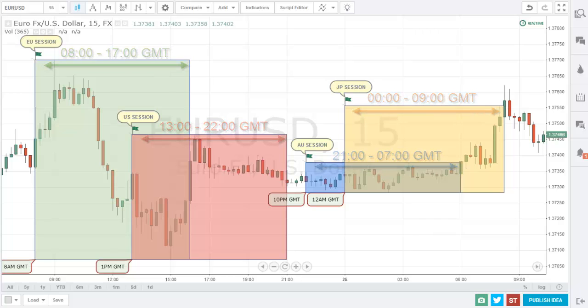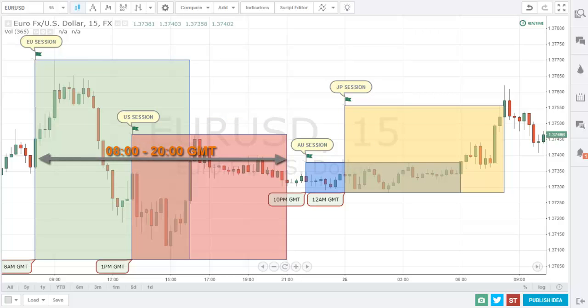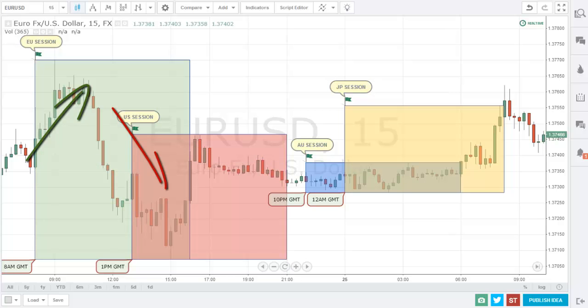To finalize this, the European and the US sessions are the most important ones in the currency market. So you can trade between 8 a.m. and 8 p.m. GMT and get good intraday swings almost every single day. Between 1 and 5 p.m. GMT, we have the US session and the European session open at the same time. This is the best time of the day to trade. Volatility and volume are good in all currency pairs. Some of the most important economic releases appear during this period, and this brings good opportunities for binary options traders too.